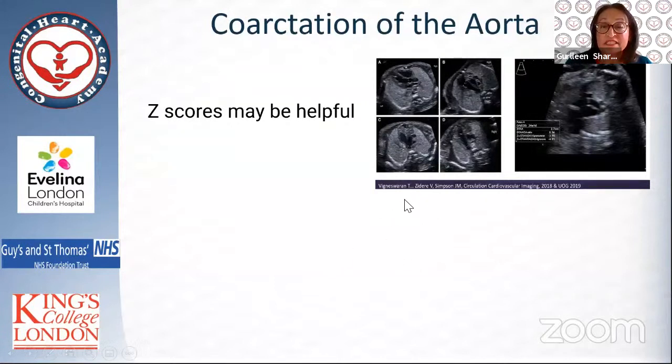My colleague Trisha Vigneswaran has published Z-scores on over 7,000 fetuses, and certainly we are using these in the department now to try and help us with our diagnosis. But having said that, it's not 100%. They don't 100% tell you this baby has coarctation and that one doesn't, but it does help us to fine-tune a little bit. And the other thing that we do in our unit, which you've already heard about from John,